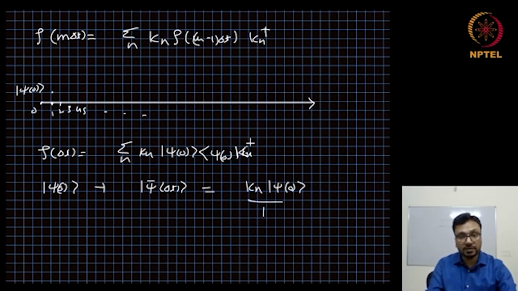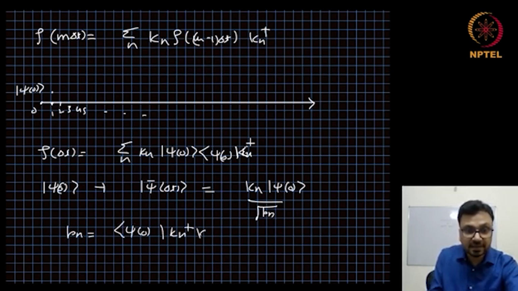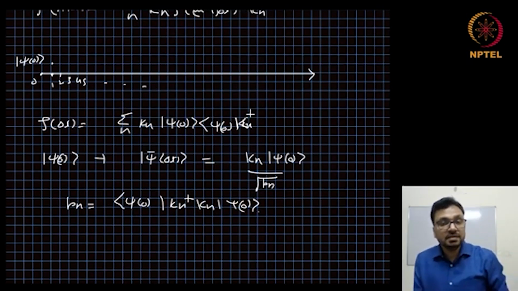And the probability of this. This is not a normalized state, so the probability of this, and the probability Pn is given by psi of 0, Kn dagger, Kn psi of 0. So let me repeat again. Instead of